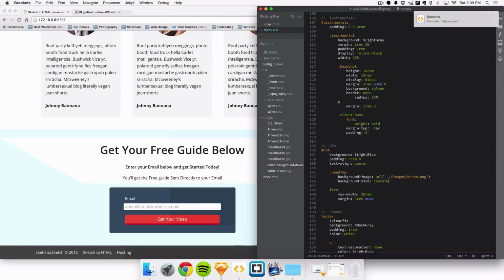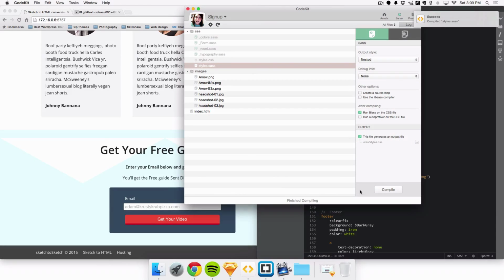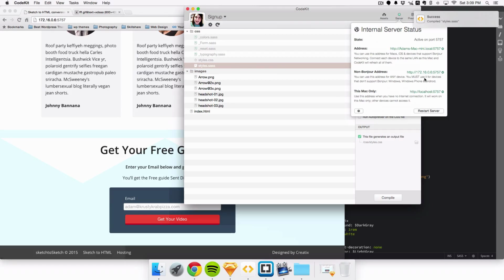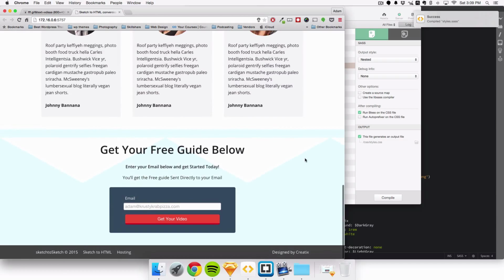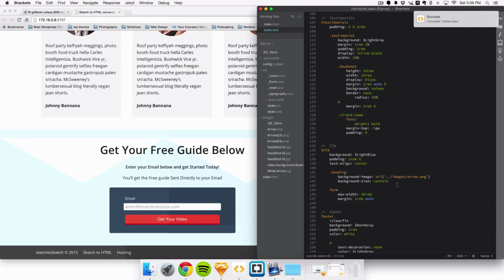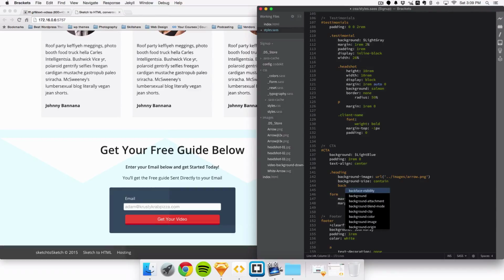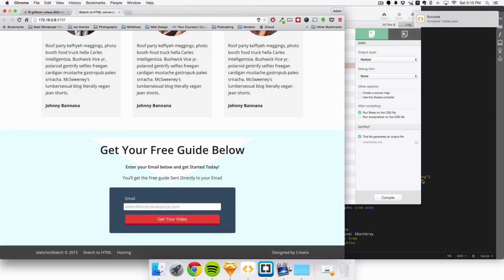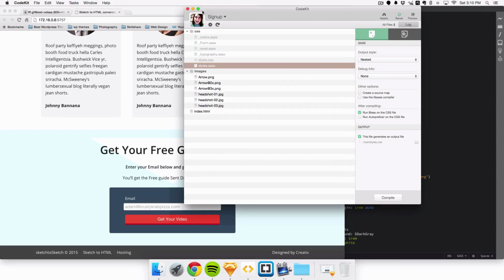Cover, contain. Okay. So what we want to do now is background, repeat, no repeat. Position, top, center. Okay. And now I want to do